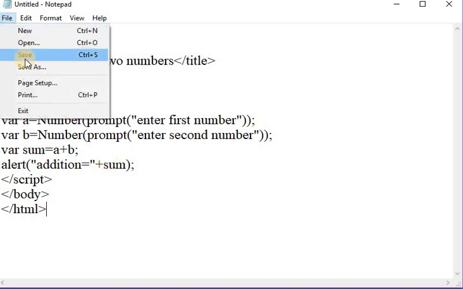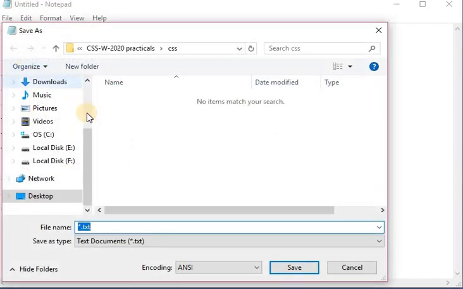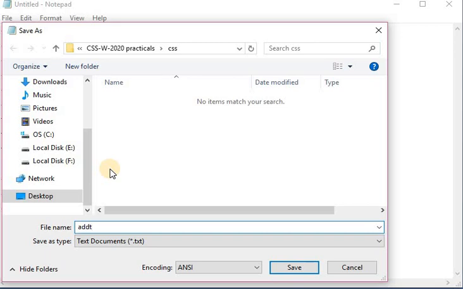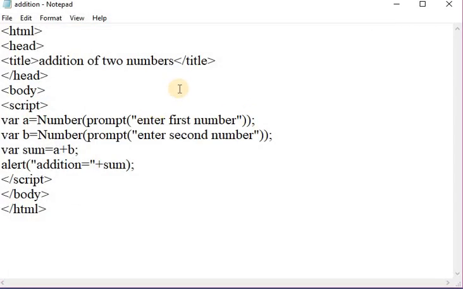Save this file as an HTML document with the .html extension. Here I am taking the name as addition.html. Let us see the output of this program.